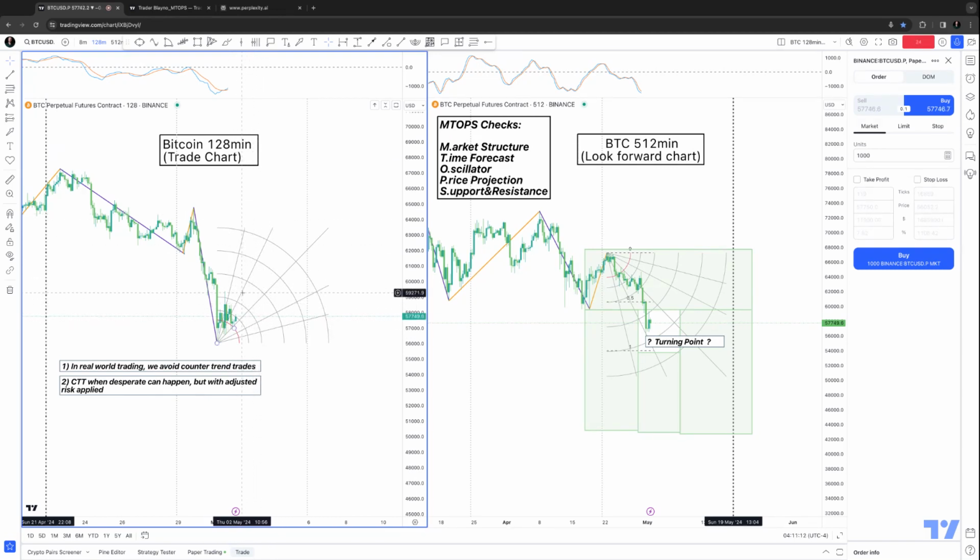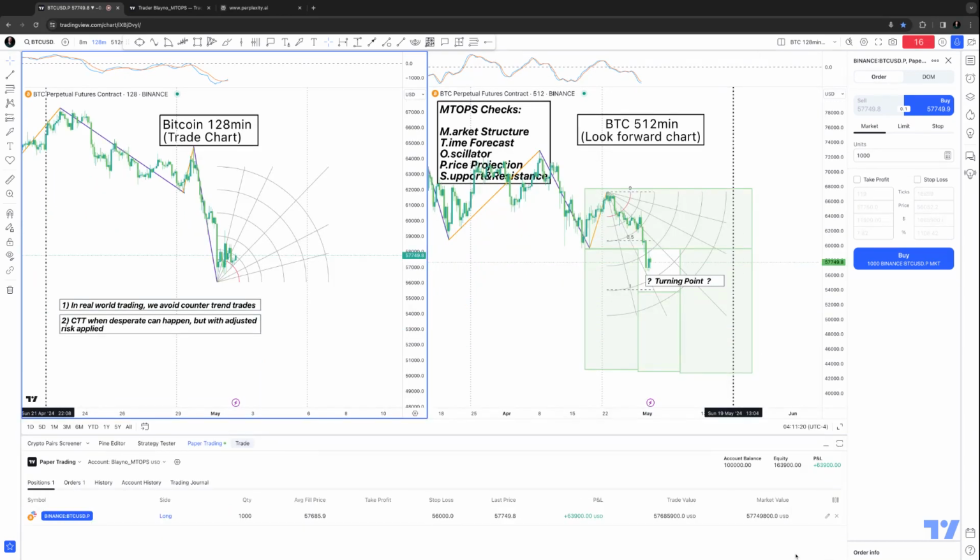So 25 seconds left. But basically what I did was I typed in 1,000, thinking it was $1,000. Turned out to be 1,000 Bitcoin. So my P&L is sitting at 63,900, which is quite crazy, all because I got the wrong entry in. So just be careful how you operate these tools and make sure that you're properly informed before it happens. All right, guys, I'm going to cry about my